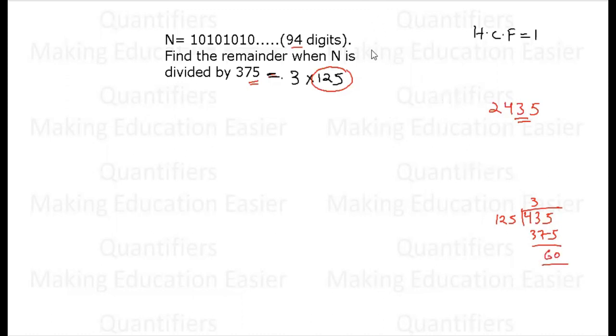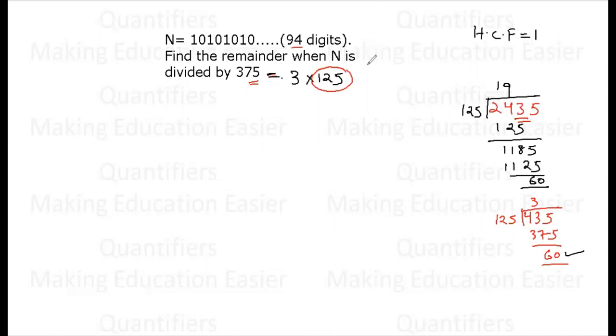So if the number is 2435, even if I divide this number by 125, still I am going to get remainder 60. You can check it if you want. 125 into 1 is 125. So students, from here we are going to get remainder 118. So finally we get 1185. Now 125 into, let's say if you multiply it by 9, what will you get? You will get 1125. So again you can see this is going to give remainder 60.